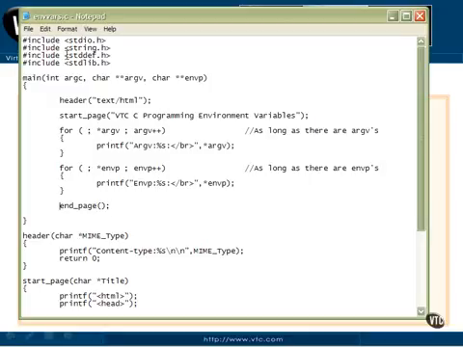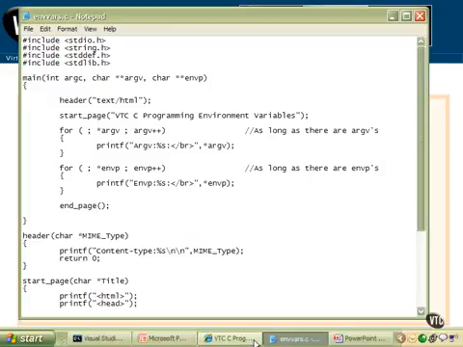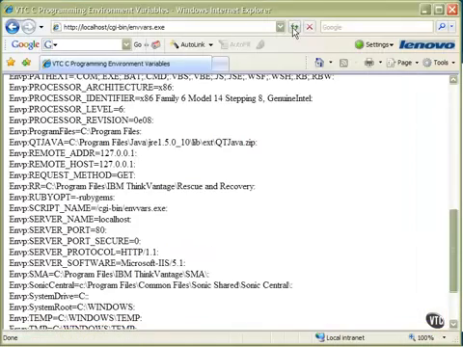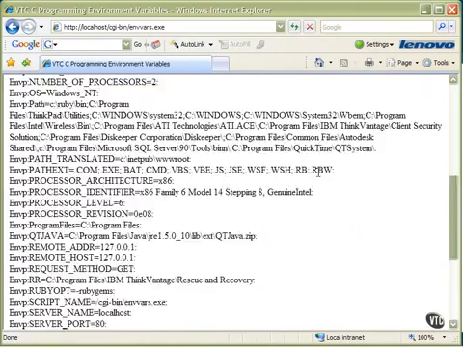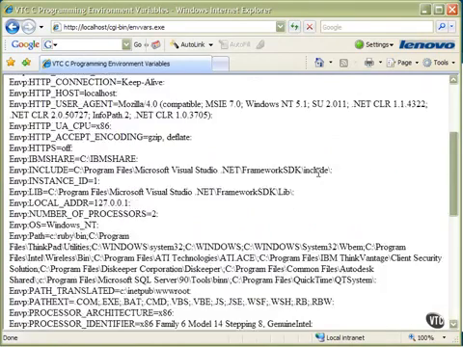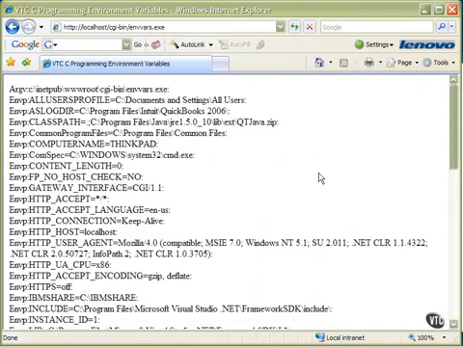So this is our environment variables.c program. I've already compiled it, and we'll refresh it. And this is the output of it. And this is what you should see when you run this on your web server. Now, if you run this on a remote server, you're going to see even a little bit more information, because